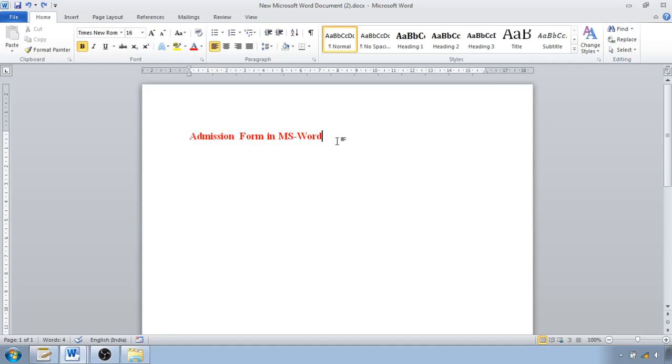Hello friends, in this video we are going to learn how to create an admission form in MS Word. So basically the admission form consists of blocks in which you have to write the name, address or everything. So now for creating that kind of admission form we have to use the shapes. Just first remove this, then we will give the heading or we will see the first